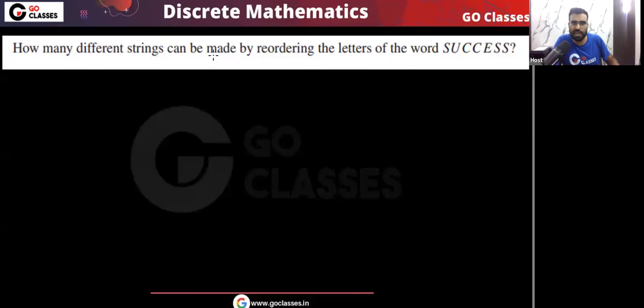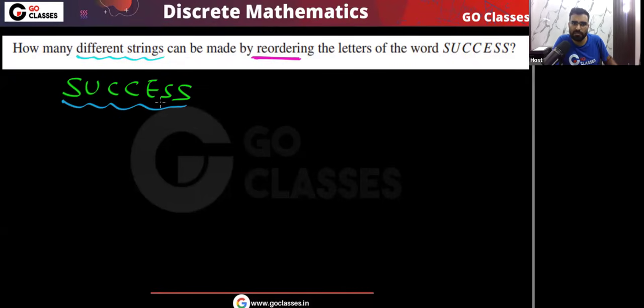How many different strings can be made by reordering the letters of the word SUCCESS? So you can see this is the word SUCCESS. We want to reorder the letters of this word. Then how many total different strings can we create? Here you can easily see, total 7 positions are there.